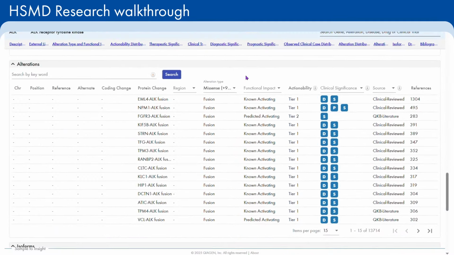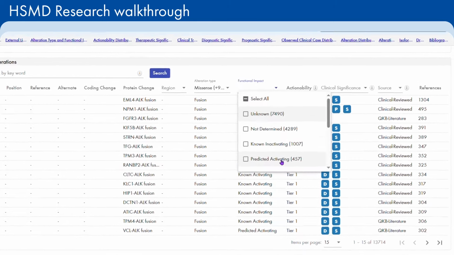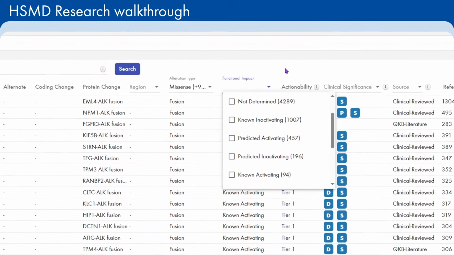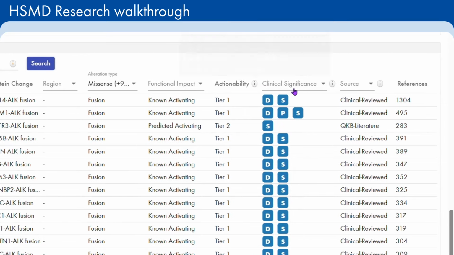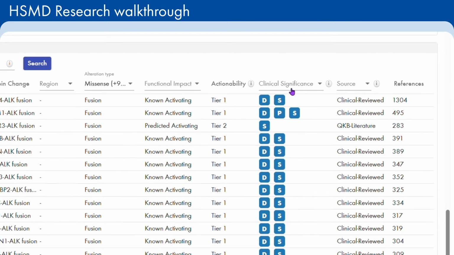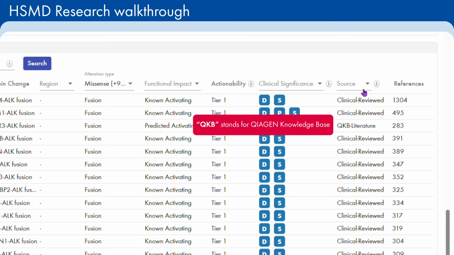As you may know, it typically takes a long time to gather this information, but HSMD Research gives you these details right away. You can see if a variant is activating, inactivating, or predicted activating, or inactivating. You can also see the actionability information, clinical significance, and the source, which could either be clinical reviewed or QKB